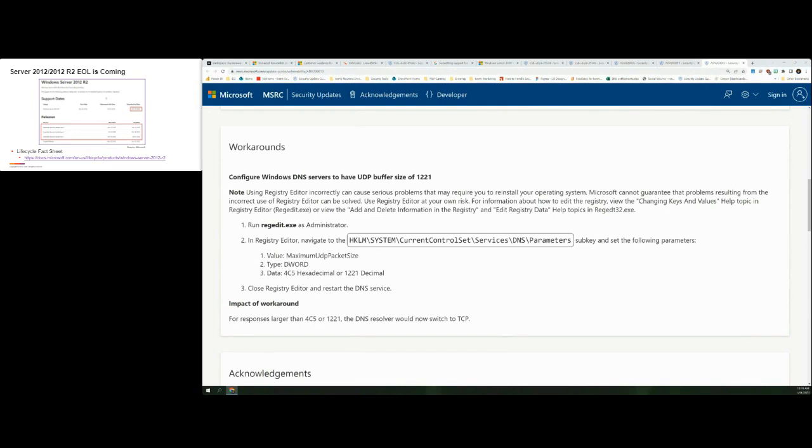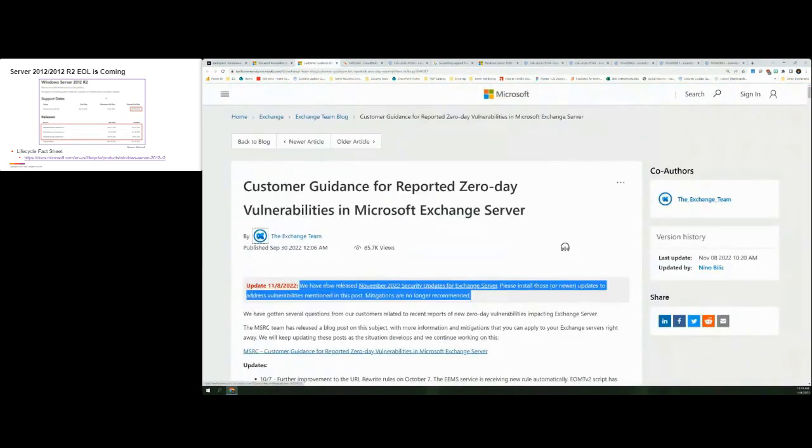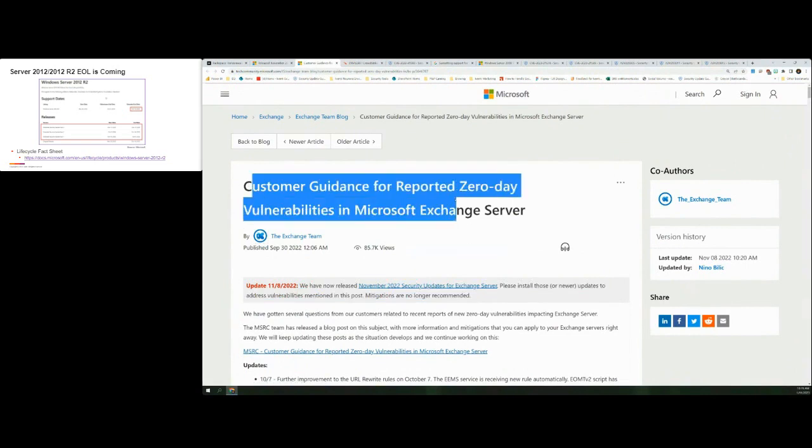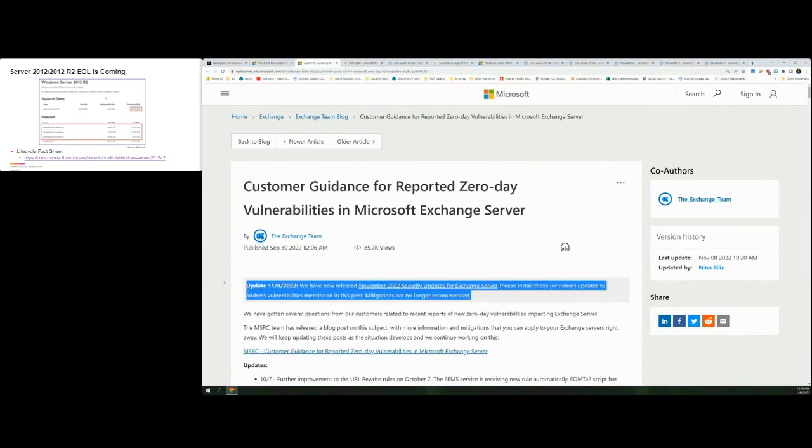Microsoft issuing guidance for Exchange customers regarding ProxyNotShell. The guidance that I was referring to was in this article specifically. If you go back to the earlier slide, I've got this link shared in there. This is the mitigation that was provided earlier, and the Microsoft guidance was right here. As of the 11/8/2022 update, Microsoft is saying that the mitigations are no longer recommended. You should be relying on the patch because the patch was a complete fix for all three vulnerabilities. So Jeff, I hope that answers your question there.